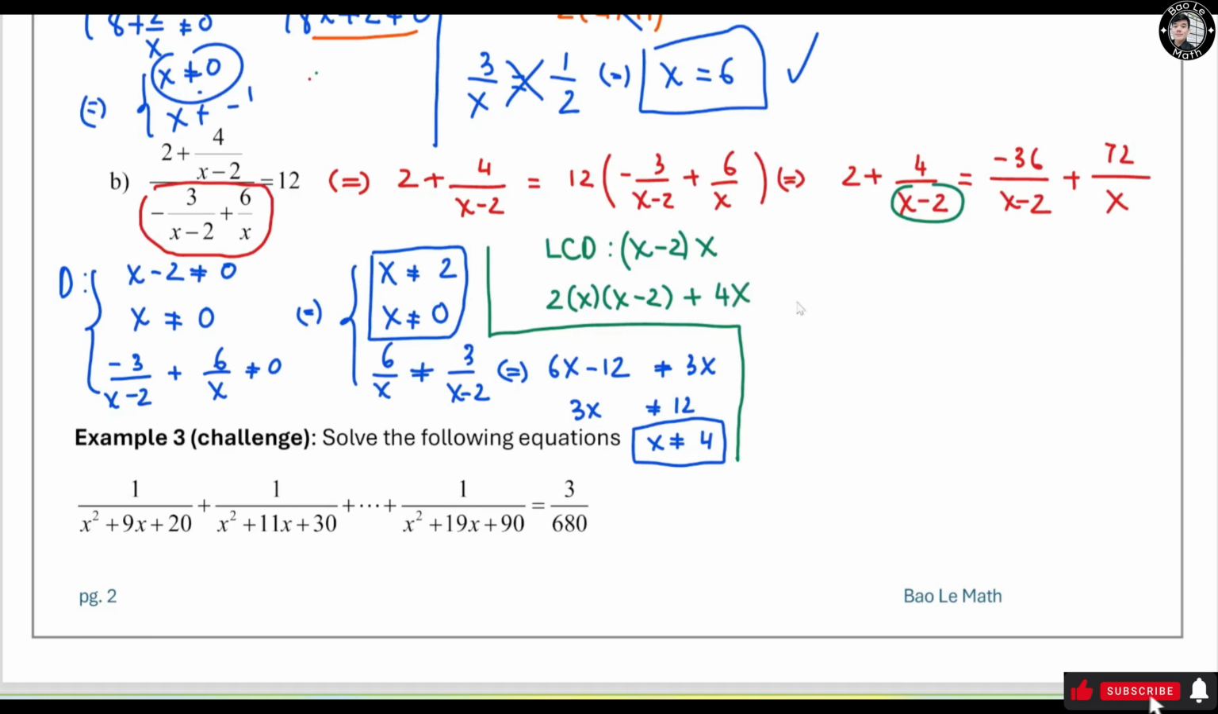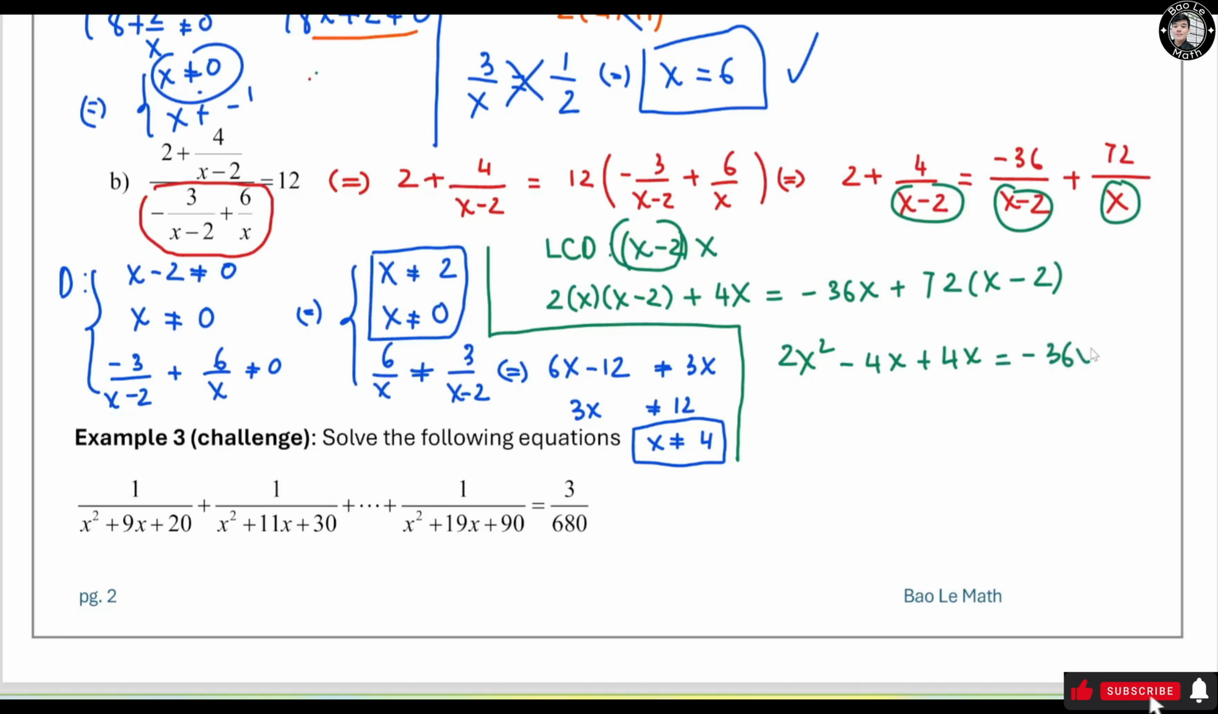4 times s equals, this guy has s minus 2, you only miss s, right? So it's going to be negative 36s, and this guy has s, so you miss s minus 2 right here, right? So it could be plus 72 times s minus 2, right? Now distribute this one, so we have 2s squared minus 4s plus 4s equals negative 36s plus 72s minus 144,